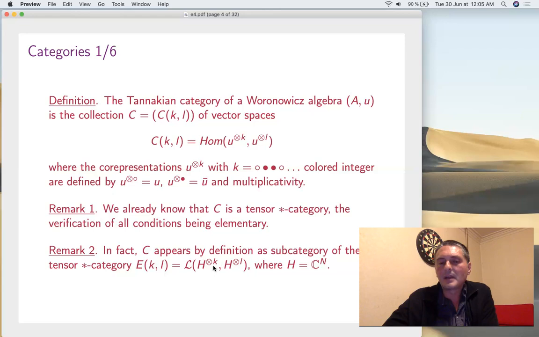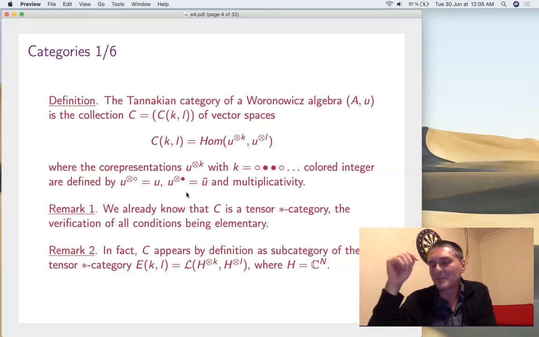Once again, we have a convention here for colored integers. So if you want to raise H to the k or to the l, H to the white is H itself, H to the black is H bar, and then multiplicativity. Of course, H bar is H too. I mean, it's C^n, but sometimes you need to use this for spaces which are just finite dimensional Hilbert spaces, when you don't know that it's C^n, so it doesn't have a basis. And in that case, you really need colored integers because you have both H and H bar, which of course are isomorphic once you choose a basis. So there's a subtlety here.